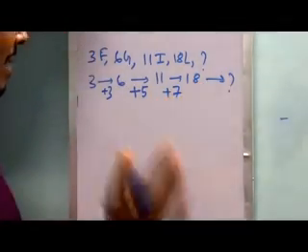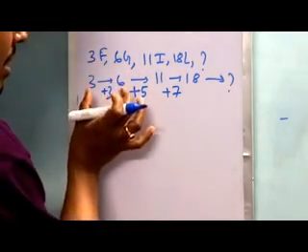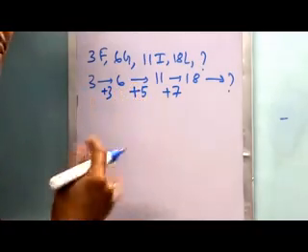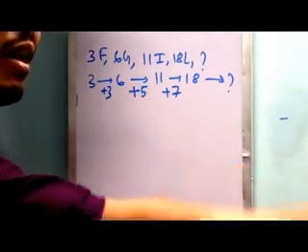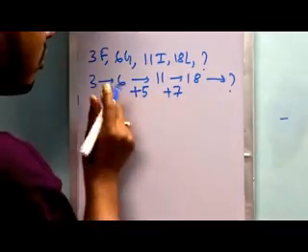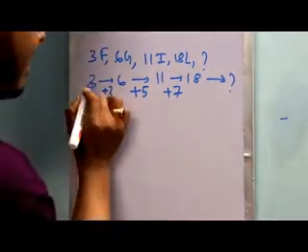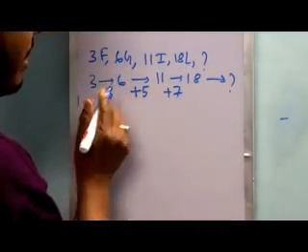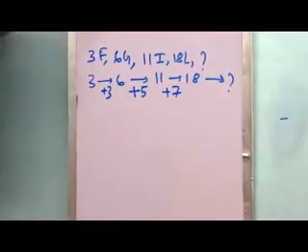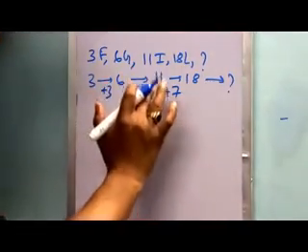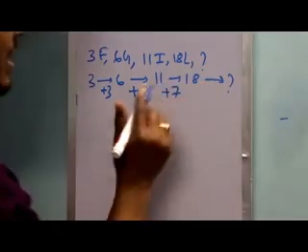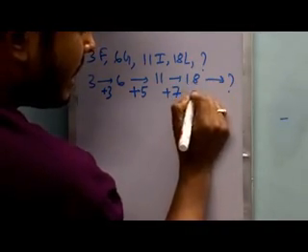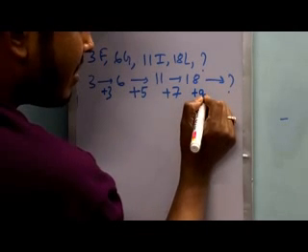Once you are able to find a particular incremental or decremental pattern, then it's very easy to find another 20, 25 or 30 terms in that order. Okay, so it's very important to find the first pattern, that is 3 and 6. What is the relation? And the second pattern, that is 6 and 11. You obviously got to understand that it's moving from plus 3, plus 5, plus 7, plus 9, plus 11 and so on. So it's very easy. Now what will come next? It will be obviously plus 9. So 27.